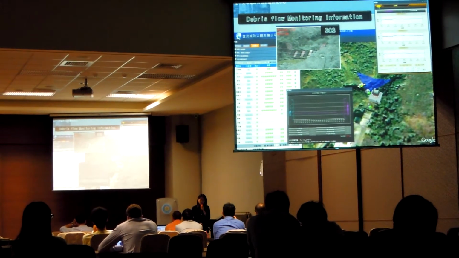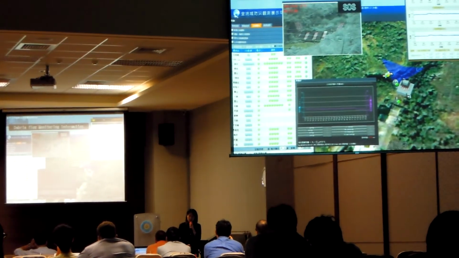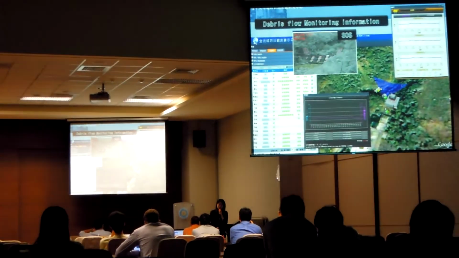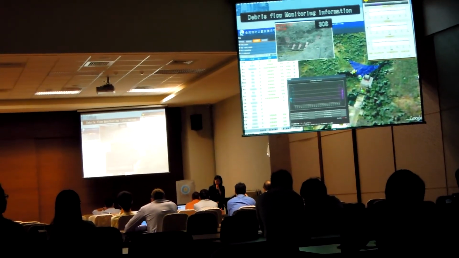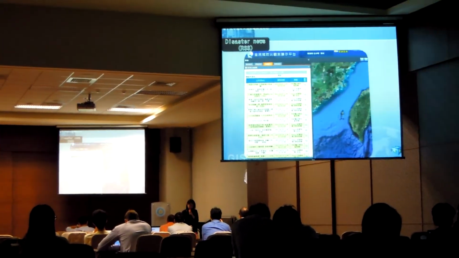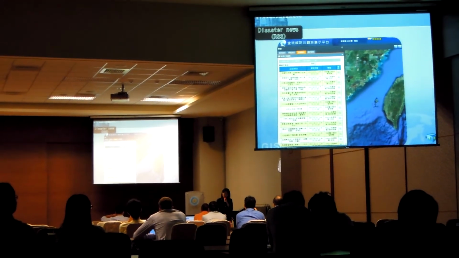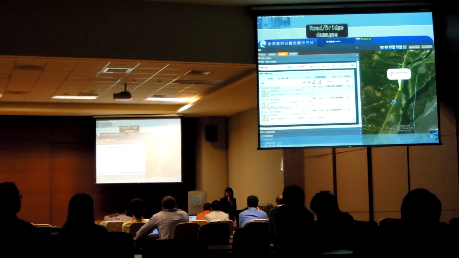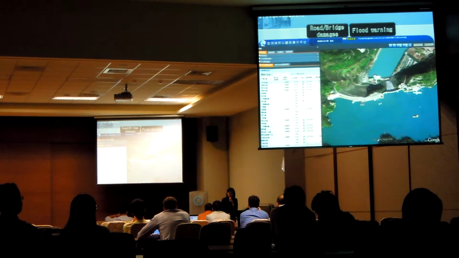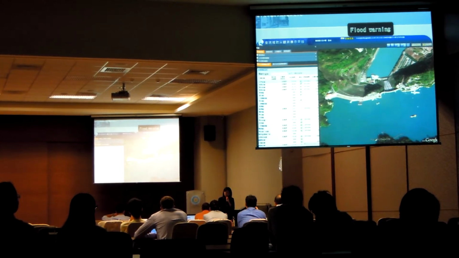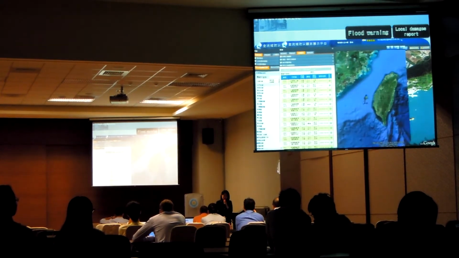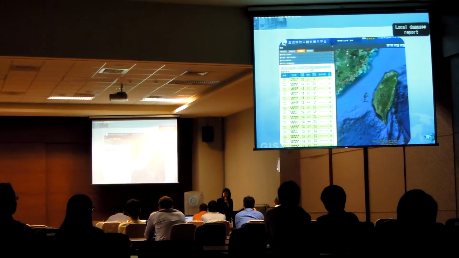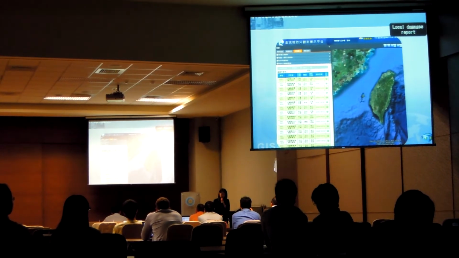Some monitoring data like surveillance video is published by SOS, and other data like rainfall or geophone frequency transmitted from each monitoring station can be shown on the platform. And in this platform, we collect disaster news from internet media through RSS, and the road and bridge damages and flood warnings by web services from the Directorate General of Highways and Water Resources Agency. During the typhoon season or the storm period, the system focuses on the disaster or damage around the whole island.